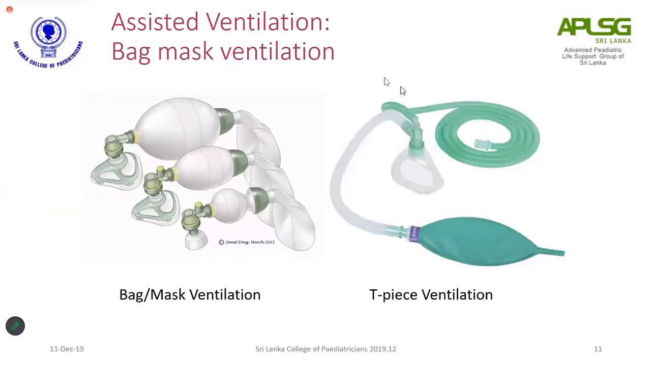Bag and mask ventilation is one of the most important steps that we need to learn in order to effectively resuscitate a critically ill child. This will provide effective oxygenation to the child until help arrives or until you go on to the next proper airway management. There are various size bags and masks to be used in children, and usually in newborns we use a bag of about 250 ml of volume,